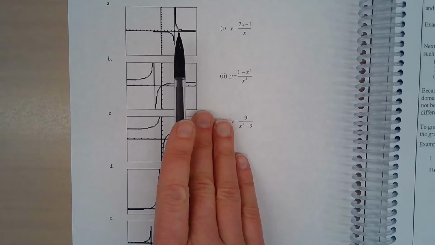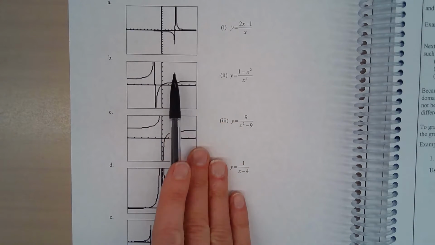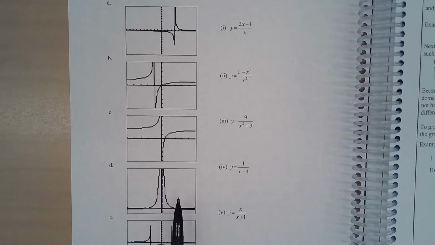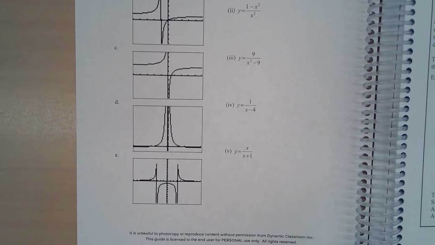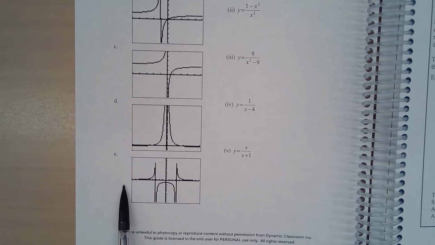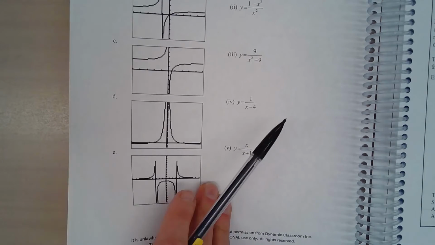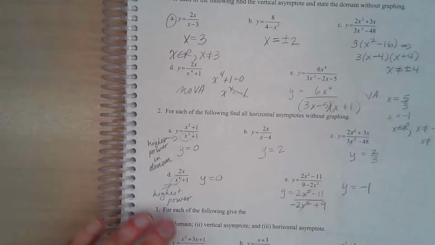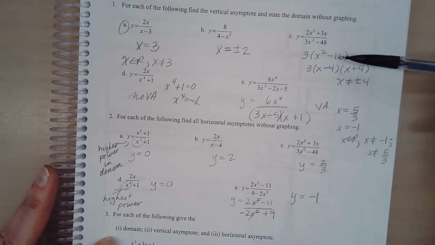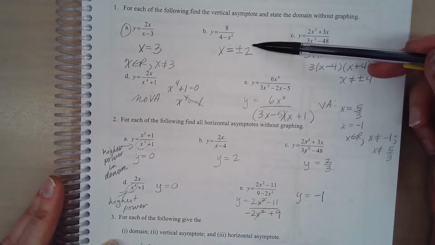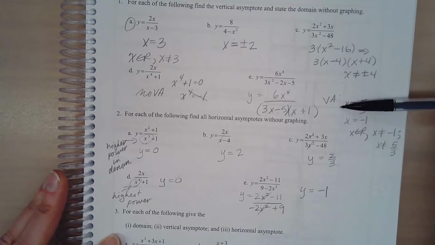But I see one vertical asymptote, one horizontal here, same here, same here, same here. What do we have down here, though? I see 2 verticals and 1 horizontal, right? So it is possible to get more than one. And we just saw that over here, right? Here I had 2 vertical asymptotes, here I had 2 verticals, here I have 2 verticals, so it's possible to